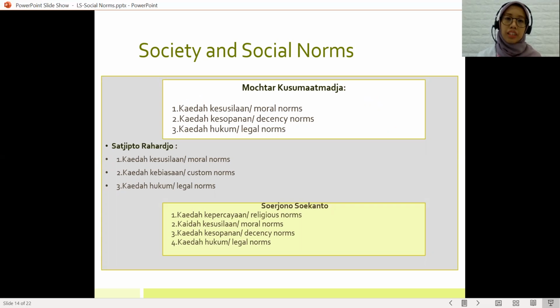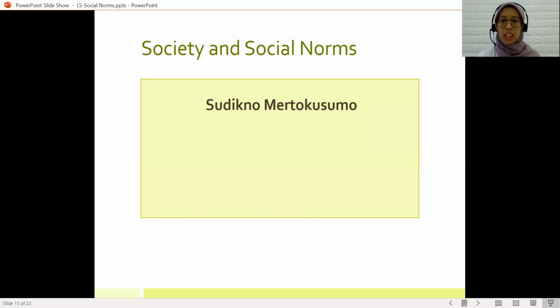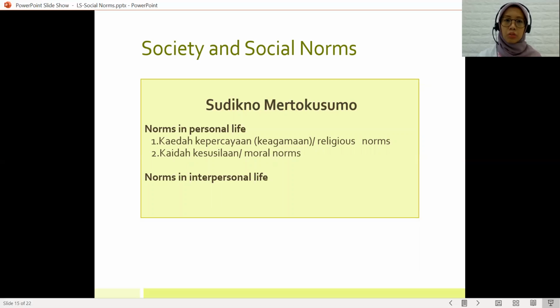So legal scholars have mentioned their opinion on what types of social norms that we have. From Mukhtar Kusumaatmadja, Soerjono Soekanto, and others, there are at least three to five types of social norm: religious norm, moral norms, decency norms, and legal norm itself. If you look at Sudikno Mertokusumo's book on Introduction to Law, or Mengenal Hukum, he divides types of social norm